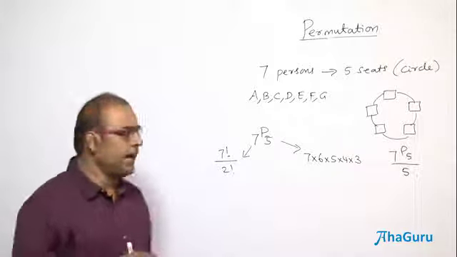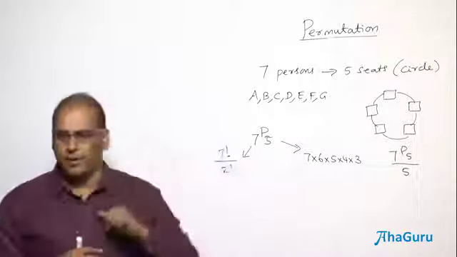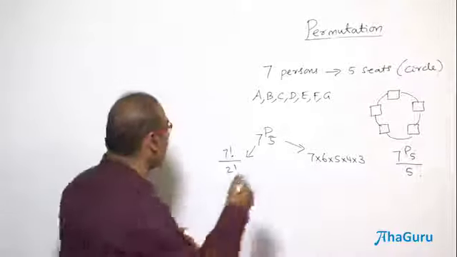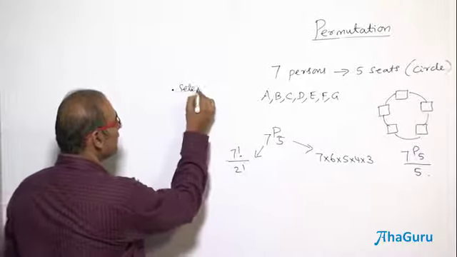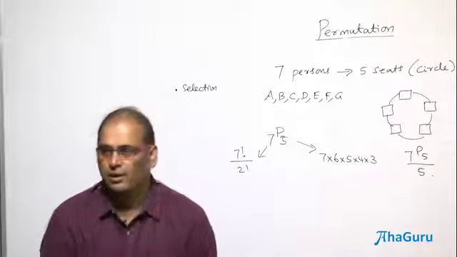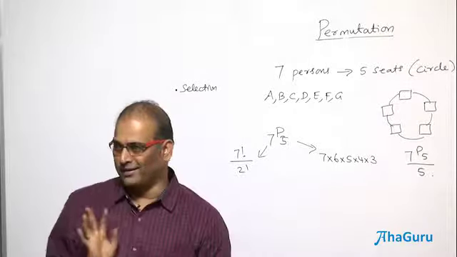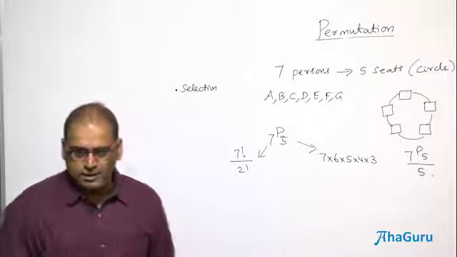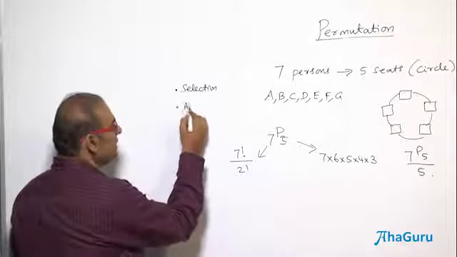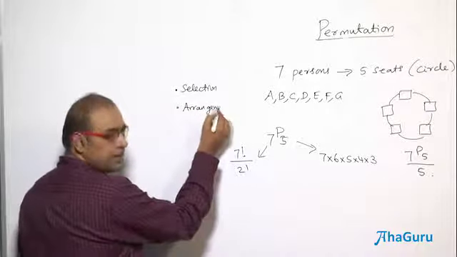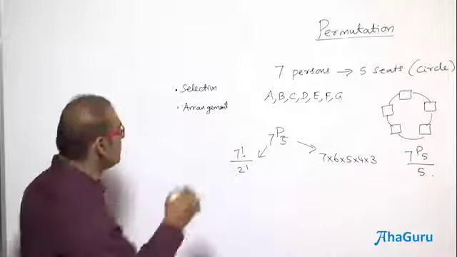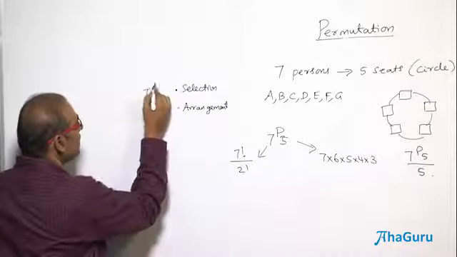So I can think of which 5 will occupy these 5 seats. So I need to select some 5 out of 7. I am going to concentrate on selection first. So the first process is selection. What is that selection? Which 5 should be selected? Theoretically, there are all possibilities. And then the second part is arrangement. The selected 5 are arranged circularly. So there are 2 phases. The first one is selection. Selection means it's going to be 7 choose 5